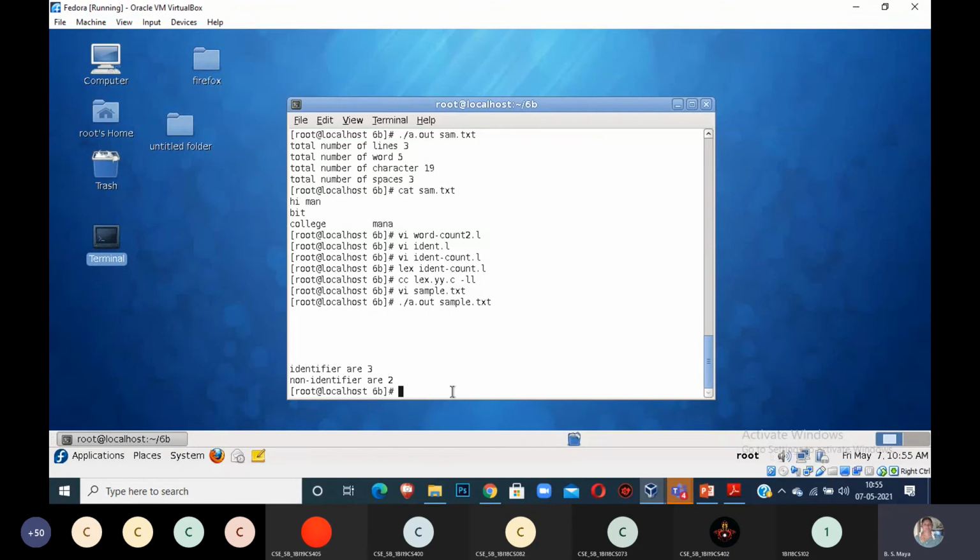Okay, these are your multiple parts of speech. For all those, can you give two examples by writing your program? For example, I will go to vi dot l. See, I don't want the definition section. I can start with the rule section because I'm not counting anything. I'm just telling whether it is there or not.